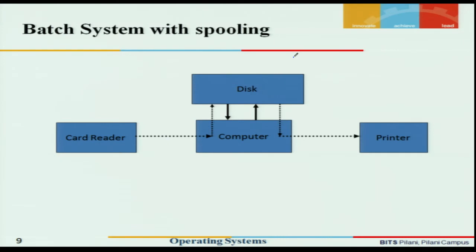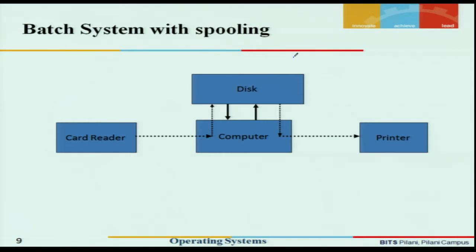sending them to the printer, because printers were, once again, mechanical, and their speed was specified in lines per minute. It was common to have a printer which would print, say, 300 lines per minute. So the printers were again very, very slow devices. To solve the problem, the output of the computer was put onto the disk, and in an offline mode, from the disk the data can be printed.